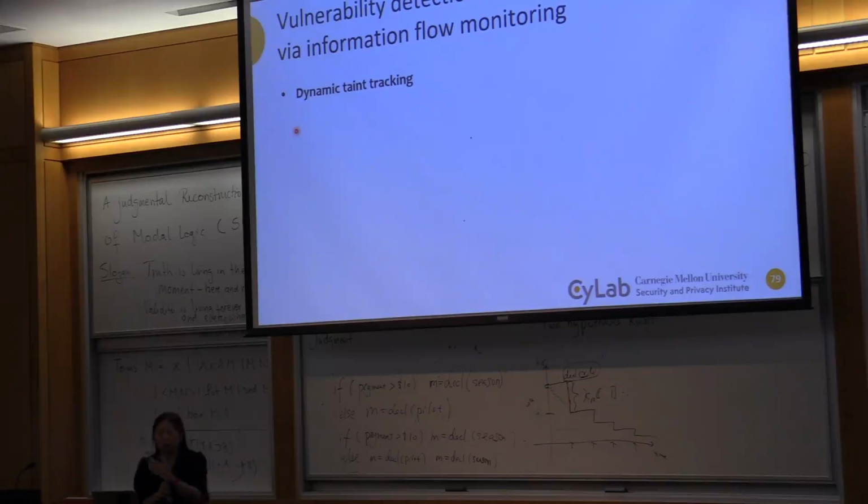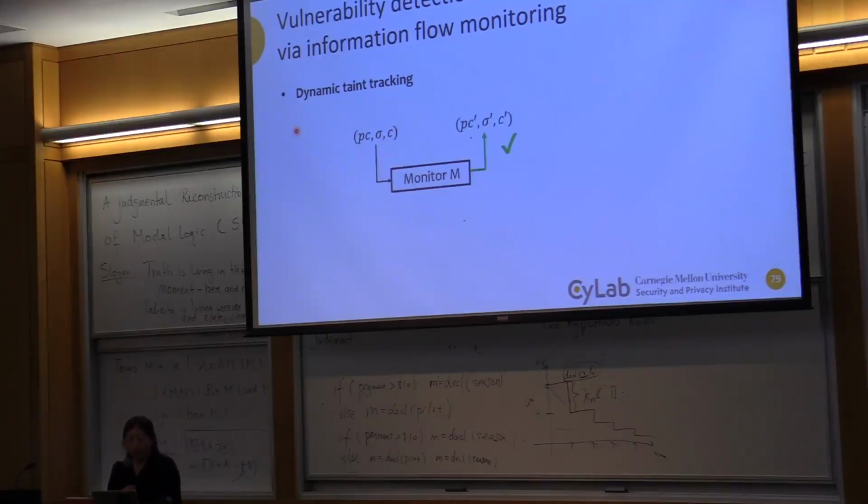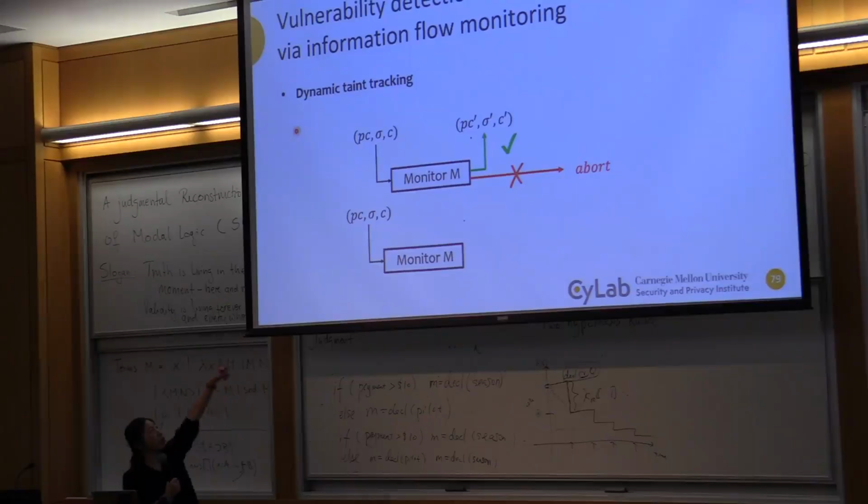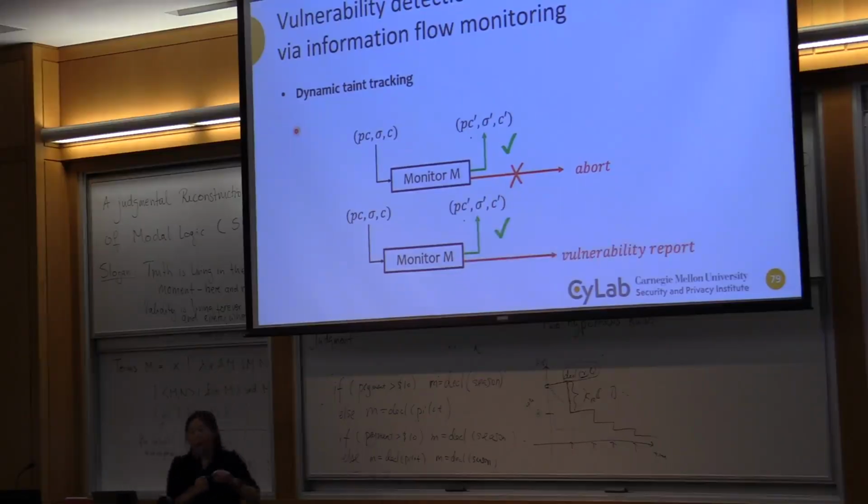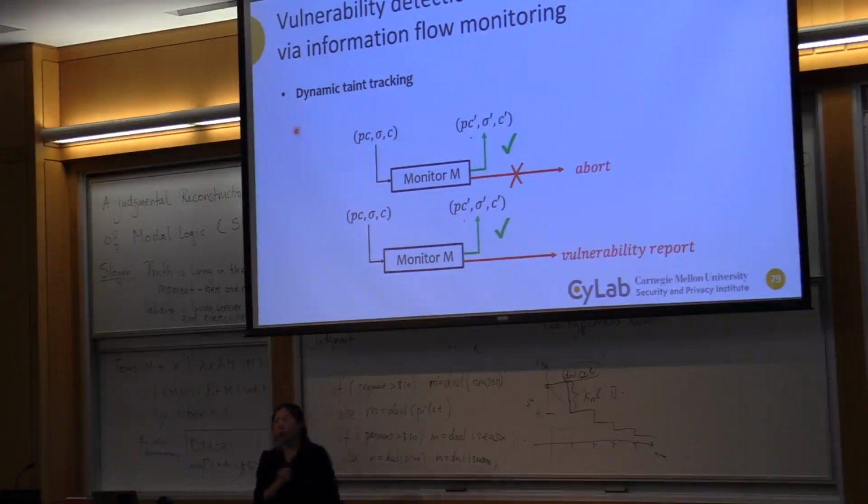One way to do this is actually the reverse, or the same as your monitor, except I turn it into a taint tracking engine, right? So in your monitoring scenario, you check the program, allow or abort. In the dynamic taint tracking system, it's okay, I keep going, I propagate taint. When I see that an untrusted input is used by an API that requires trusted input, I'm going to dump out a vulnerability report. Right? I'm going to say, hey, here's a potential flow that could cause code injection, essentially.